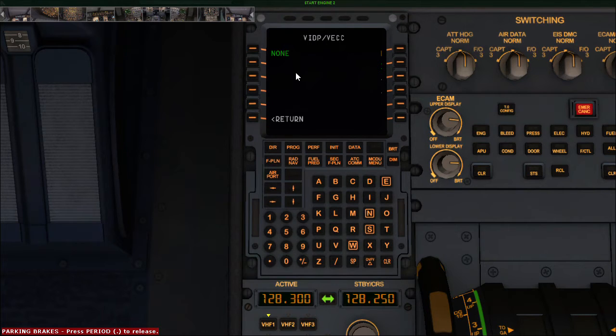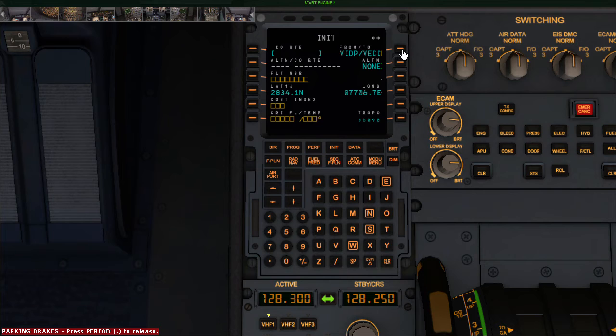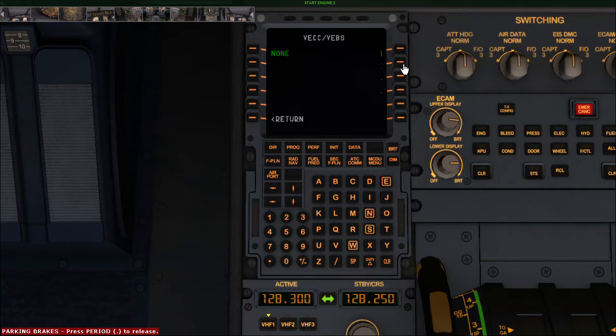If in your company anyone has saved any route, after inserting this over here you can see whether there was any route or not. Let's say I will say that Victor Echo Bravo Sierra is the alternate airport. If anyone has saved any alternate airport destination or flight plan in the MCDU for flying purposes, you can see it over here, there will be the saved flight plans.